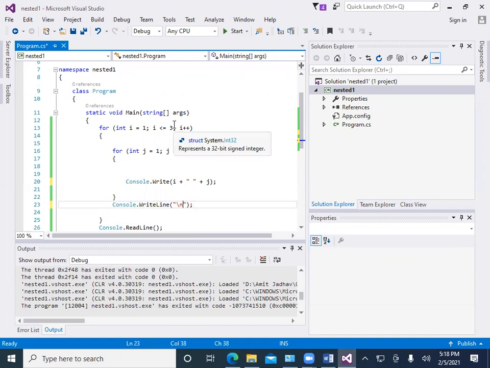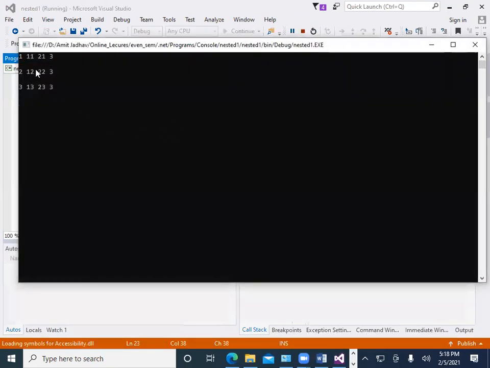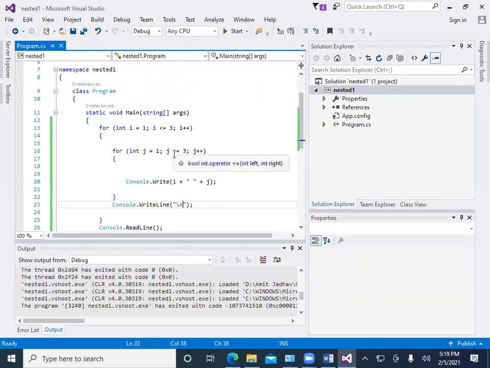Okay, just check the output. Here we get the matrix, but 1 1, 1 2. So what happened with this? Oh, so it prints in a matrix format.